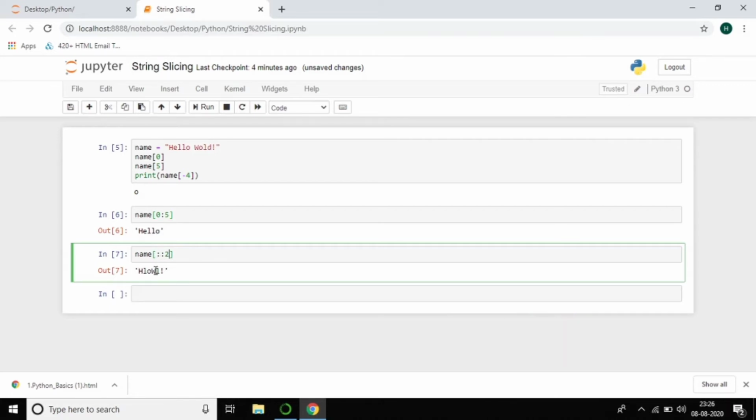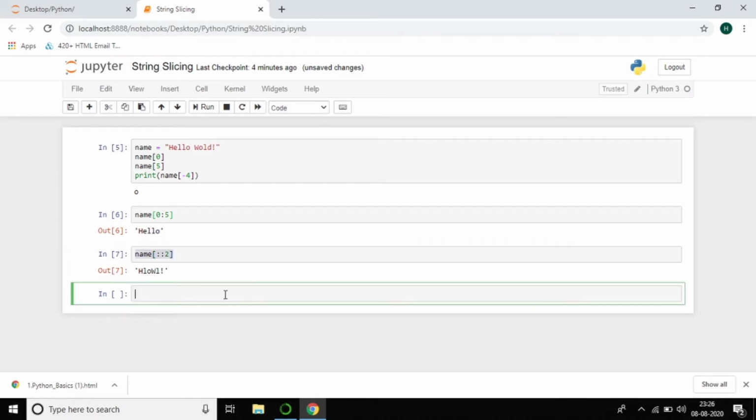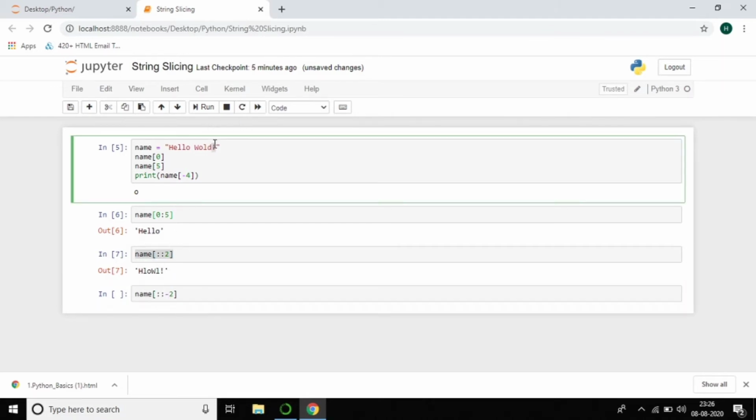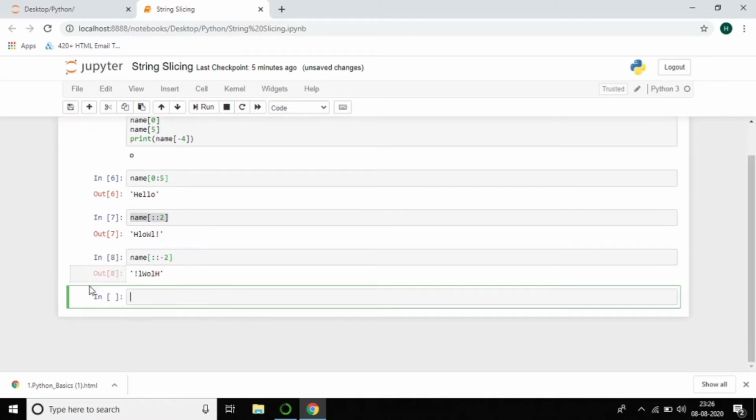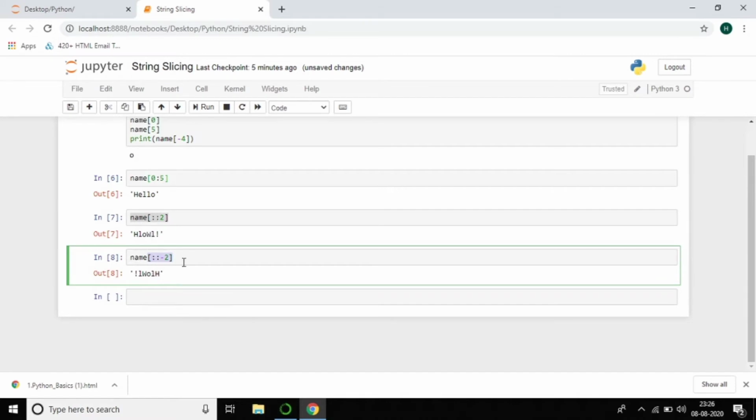And if you want -2, if I give -2, you can observe I'll get the output: exclamatory, and the next one is L, the next one is W, and so on. We can check how it was working. Now you can check. Yes, of course. L, W, yes, of course. So this is the way, that means negative onwards I'm starting to print.